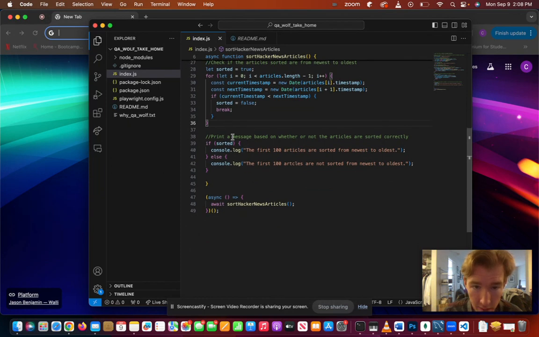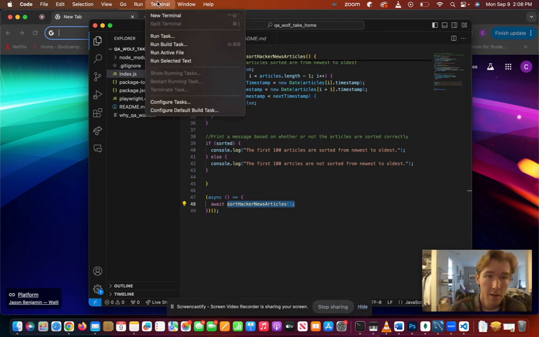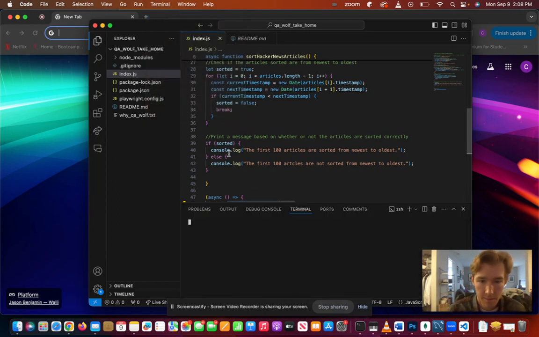Then down here, if our code is run successfully, we will get a message in our console saying the first 100 articles are sorted from newest to oldest. And then down here, we finally launch our sort Hacker News function. And if I open the terminal and I've run node index.js,